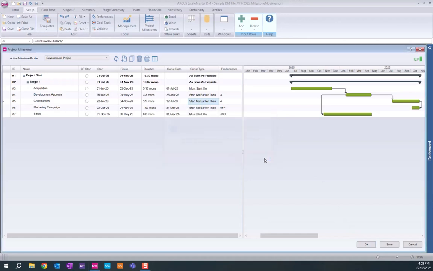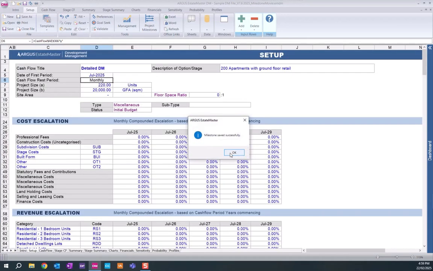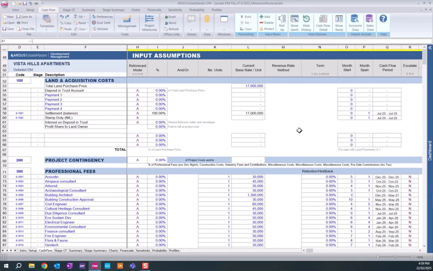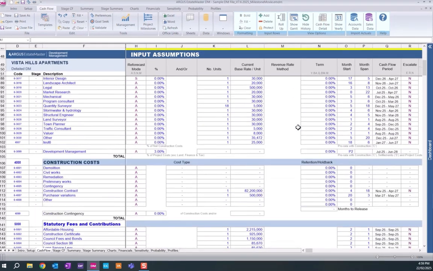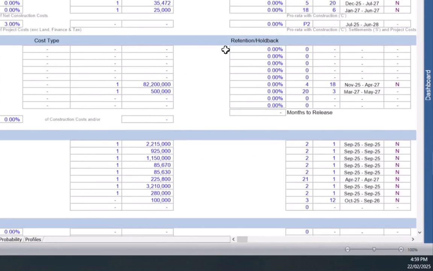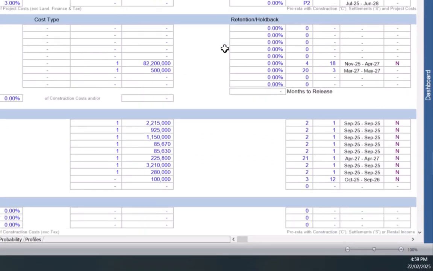And so we're now happy to go ahead and to start linking it to our items within our cash flow tab. To do this, I firstly need to be within the cash flow. Once in the cash flow, I can then start to change things around. So rather than putting in the month start and span, as I have for the construction costs and the construction contract, here you can see I've got a month start of 4 and a month span of 18. I can now remove all of these timings and I can replace them with the milestone that I set up